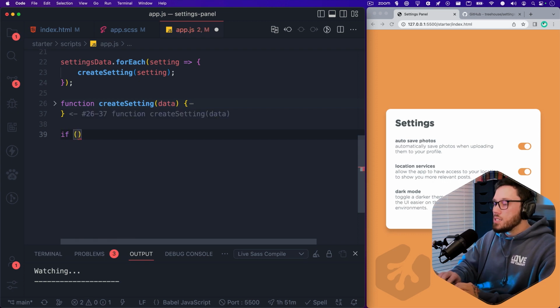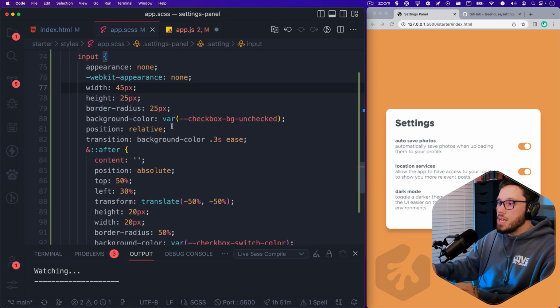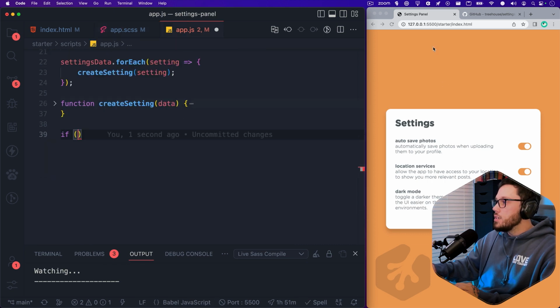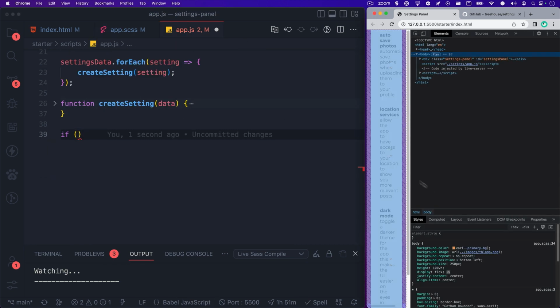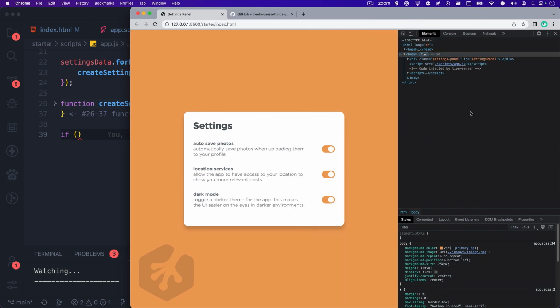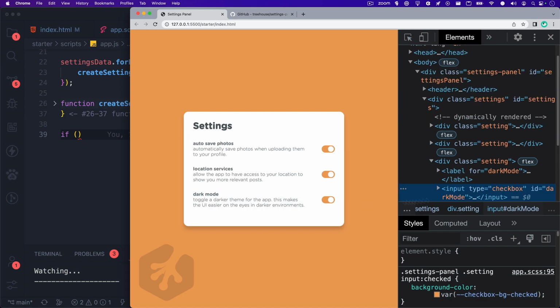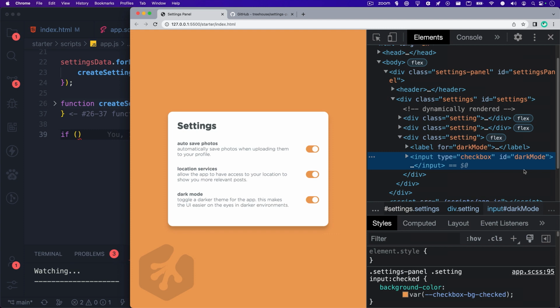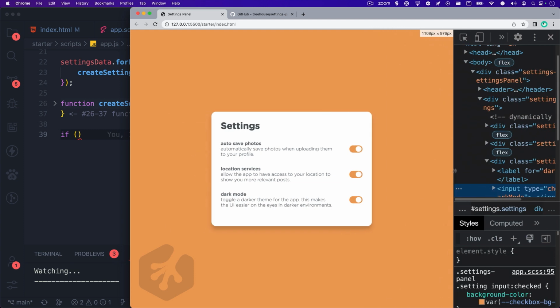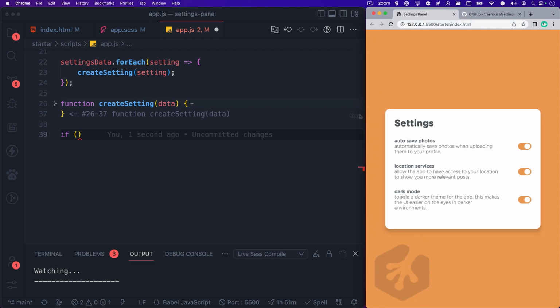Let's write an if statement to see if dark mode exists. We have this set up as an ID. So if we inspect the page, let's make this a little bit bigger so that we can see. If I click on this checkbox right here, it has an ID of dark mode, which you can see right there. And what we want to do is, if the page has that, we want to set an event listener on it. So if,